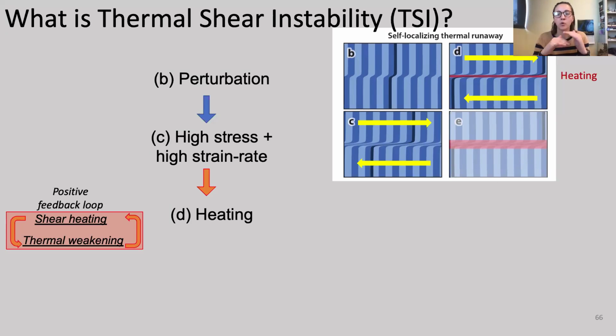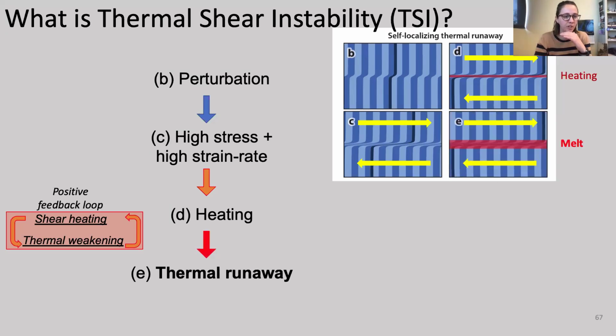And so then it's going to deform at even faster strain rates, cause more shear heating, make it weaker, and you're going to get into this positive feedback loop where eventually you're going to generate melt. And you can see the blue bars here have sort of released and snapped back. That would be your earthquake that occurred after the thermal runaway. So you're generating a lot of heat, eventually reaching a melting point, and the rock's strength is exceeded and your